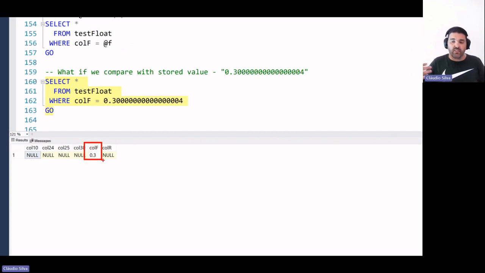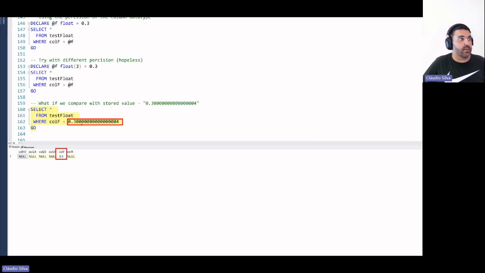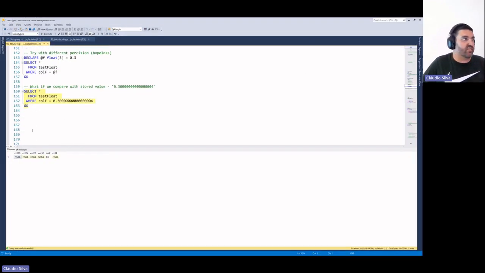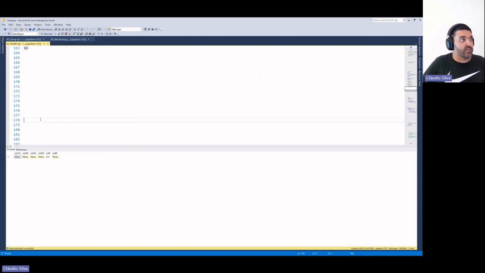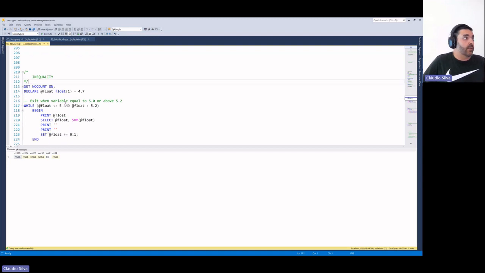So behind the scenes, in storage, Azure Data Studio and SQLCMD show that the data is saved as this value, because again, this is not a precise data type. But SSMS is doing some truncation on this number, which leads us to wrong outputs, wrong values in the end.